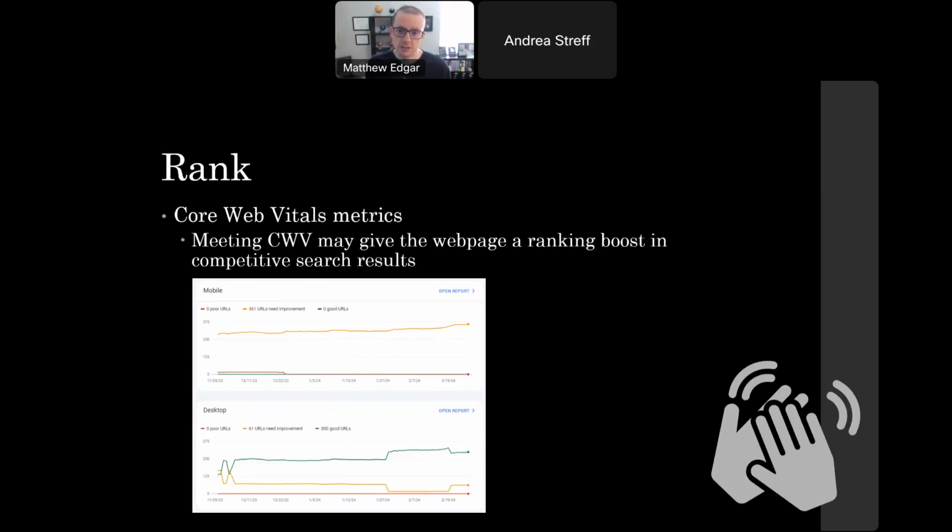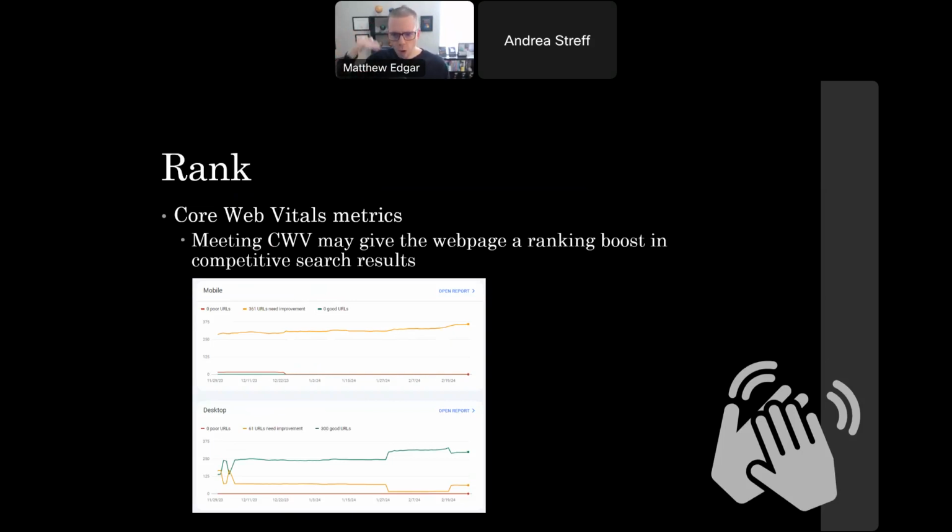And just in the last few months, they've said that Core Vitals is a ranking factor, and they've also said Core Vitals is not a ranking factor. In the past, they've said it's a minor ranking factor. They've also said that it leads to a ranking boost, but not necessarily a ranking factor. Whatever it actually is, how we tend to see Core Vitals play out is that it is more of a